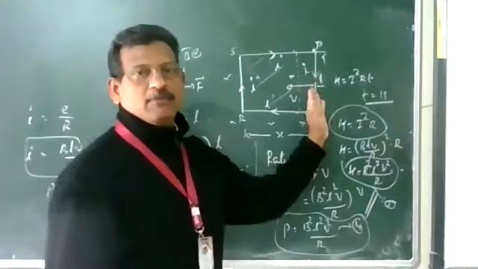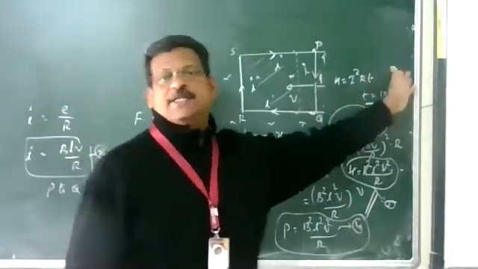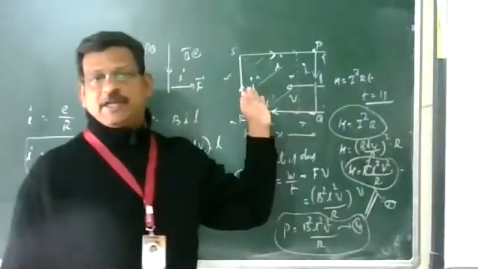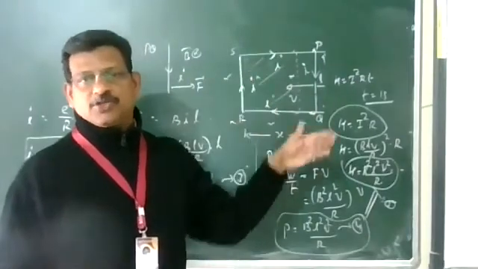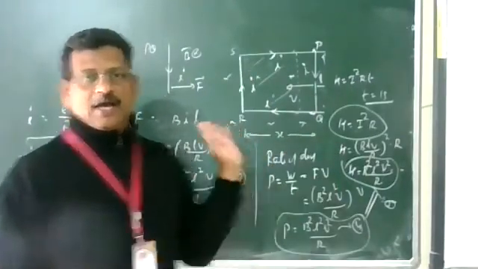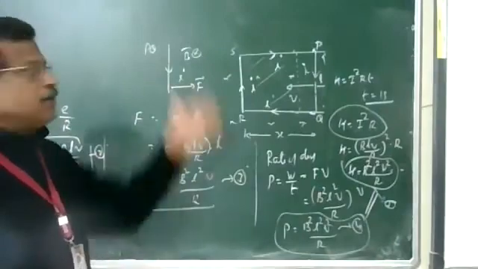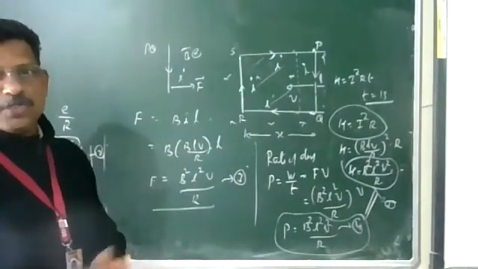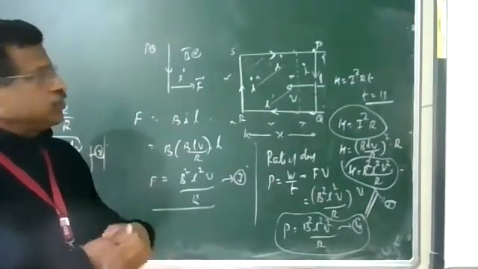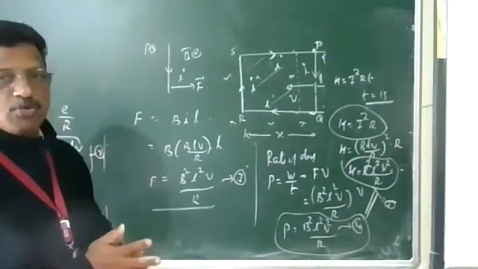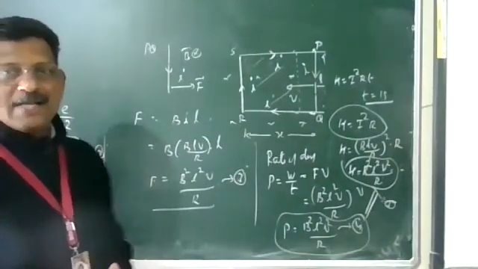The track can move. This conductor can move to our right side or to the left side. You have to find out the flux, EMF, force and power for these variations. So there is an example in NCERT. Do that in the topic. So this is motional EMF, which is due to translatory motion.